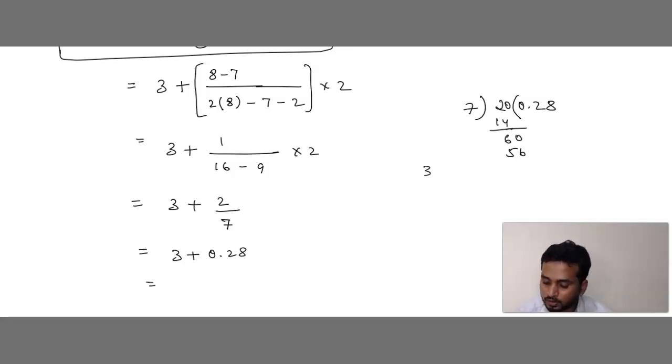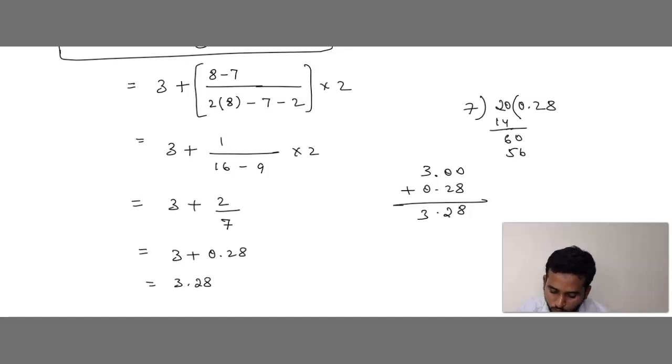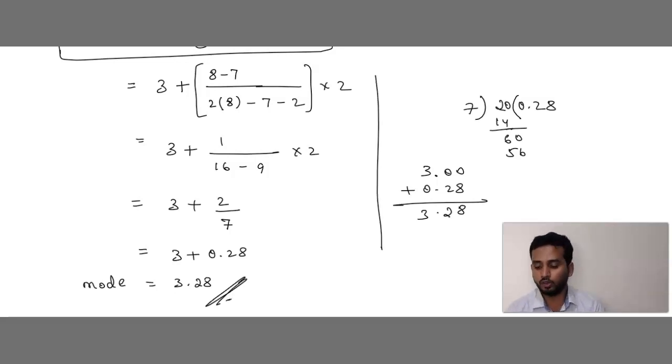So 3 plus 0.28, or 3 plus 0.2 is also well and good. Add these numbers, it becomes 3.28. So this is known as the mode. You can put a working column and do your working on the right hand side. Did you understand how to find mode? Is this clear? Very good.